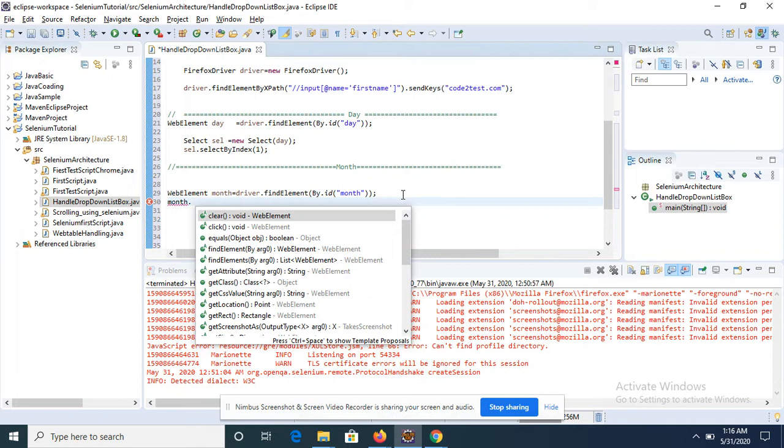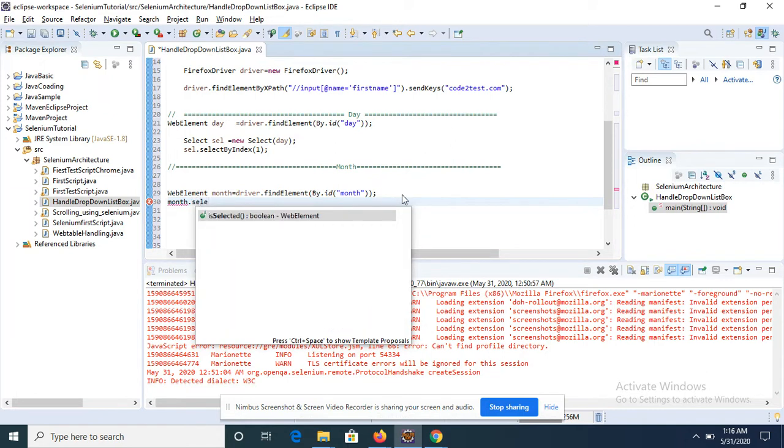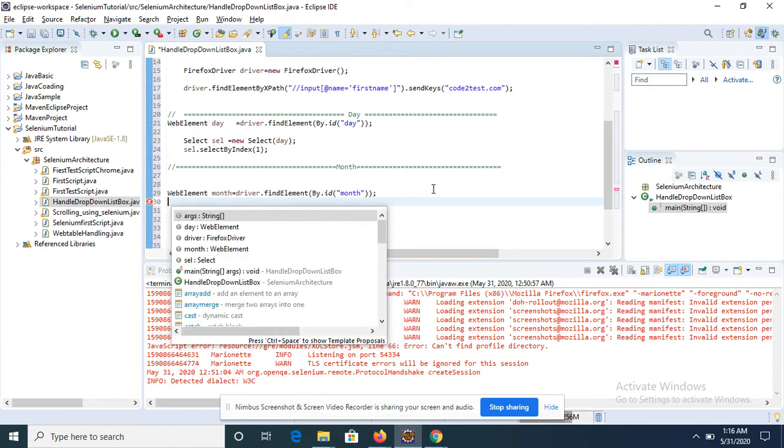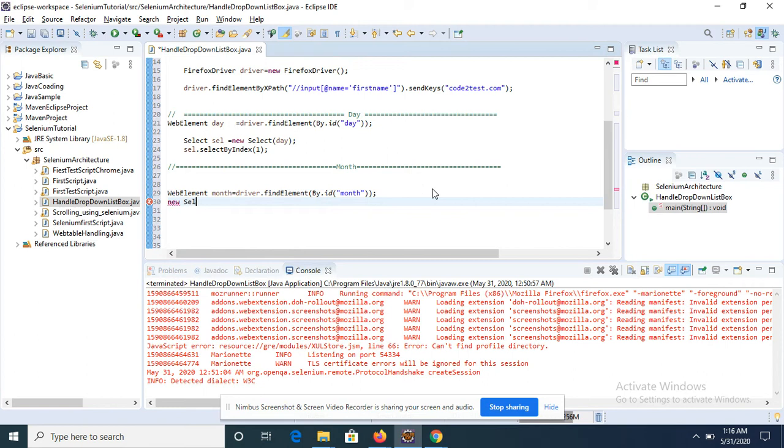Now handle my month using the second way of selecting from a list box. Just create an object of Select class, mention Select over here, define the reference variable, and pass this XPath or web element inside the Select class parameter.